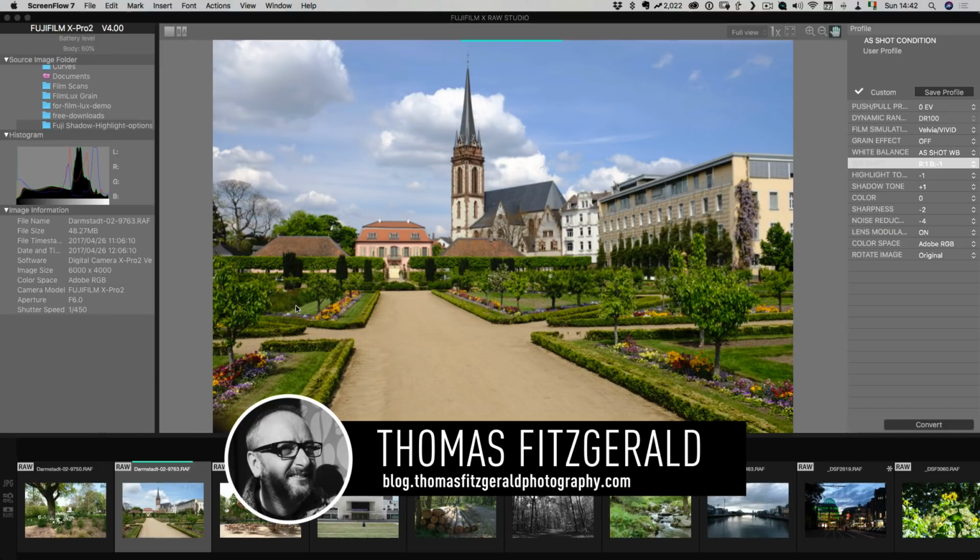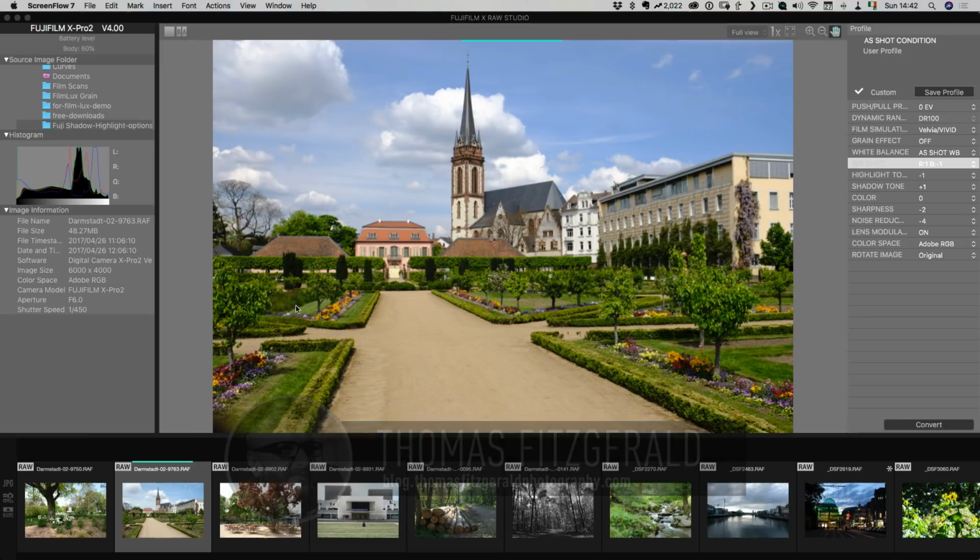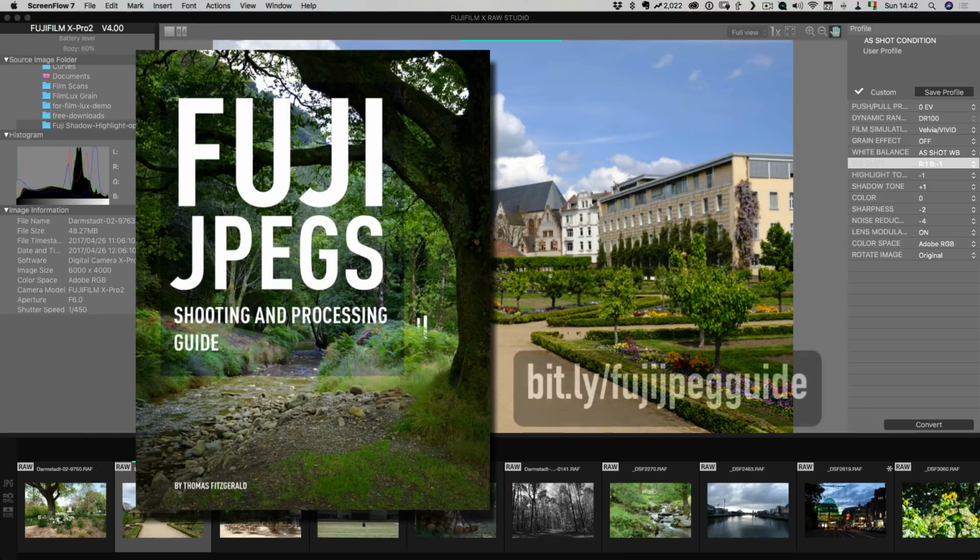and highlight tone options. So if you have switched recently to a Fuji camera, one of the things that you may find a little confusing is what the shadow and highlight tone options do. Now obviously if you've been a Fuji user for a while, you're probably completely familiar with these and there's no confusion, but I've often got questions from people asking me to explain these, and I've written about it before on my blog and it's part of my Fuji JPEG guide, but I thought I would actually show